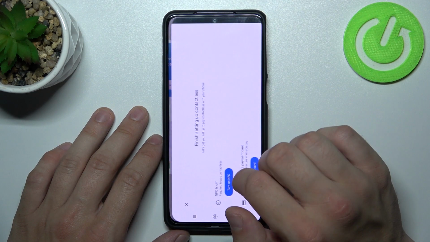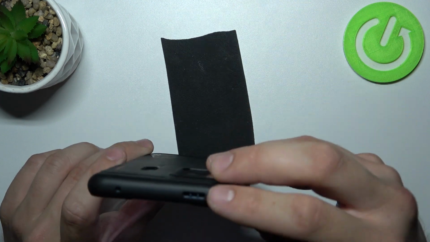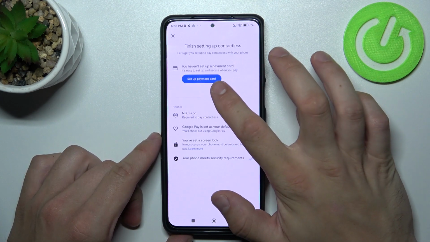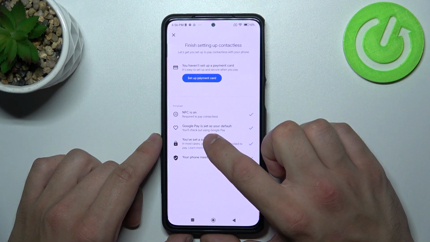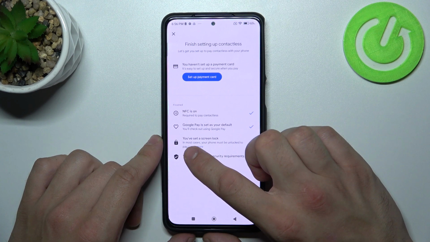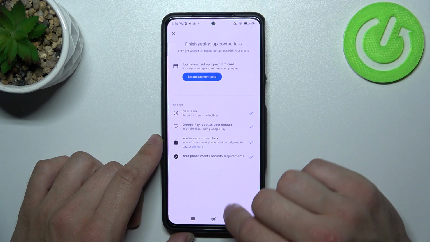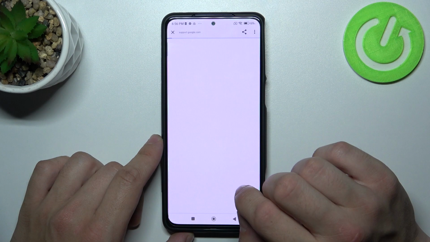And next we can go to contactless setup, where we can turn on NFC, set payment method, check if Google Pay is set as our default, if we've got a lock screen set, and if the phone meets security requirements. Next we can check full list of participating banks,